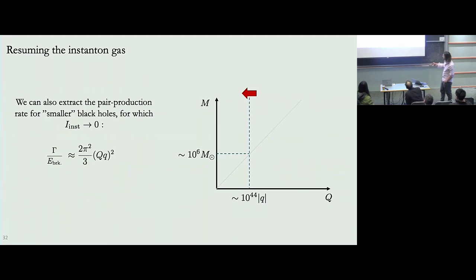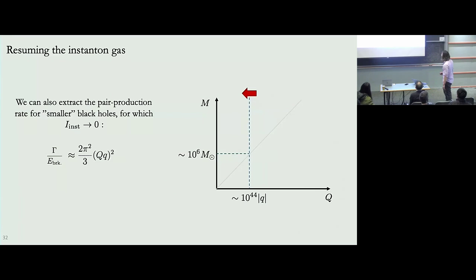And in that case, you have to resum the entire instanton series because the weight of each instanton, which is given by its action, goes to 1. It's the regime in which I instanton goes to 0. So you really need to resum and make sure that you correctly accounted for the one-loop determinants around each instanton configuration. And you obtain this rate, which is extremely large. So as you approach this line, the pair production rate goes from being exponentially suppressed to being hugely enhanced. It's a bit like past this line, you kind of superradiate